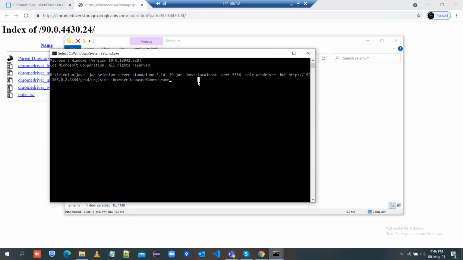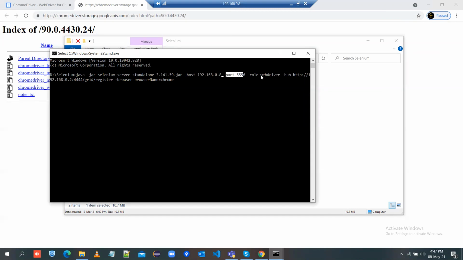Host: here we need to pass the host of the current system, so the node IP. We can pass localhost if we are running locally, and we can also use the IP address, which is 192.168.0.8. So I am passing the IP address, and then I need to mention the port number on which this node will run.